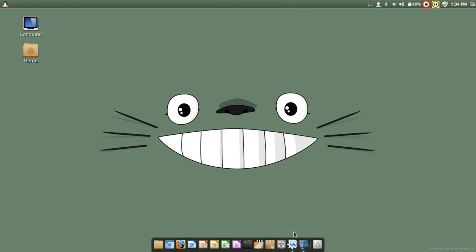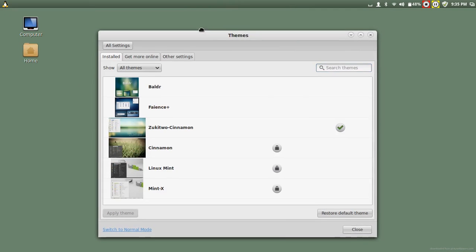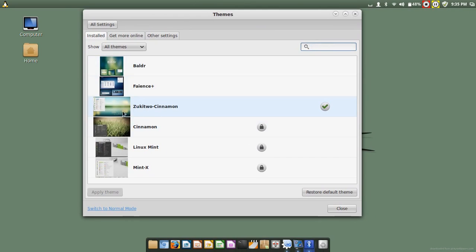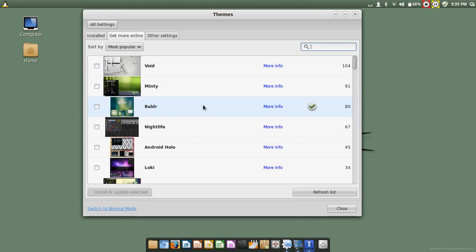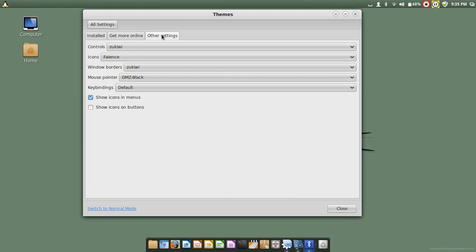And so what I did was, I'll just show you. I went to systems, themes, and I have this one stored for the themes, which you get by going to the Get More Online tab here. And it goes and checks the themes available from, I think, the Cinnamon Spices website, I think it's called, that I downloaded